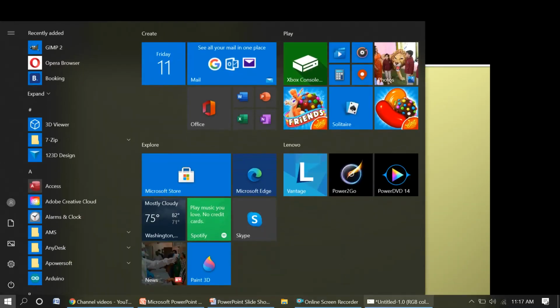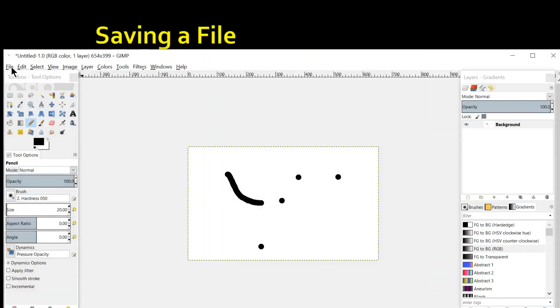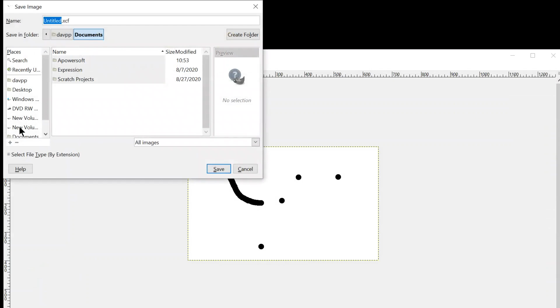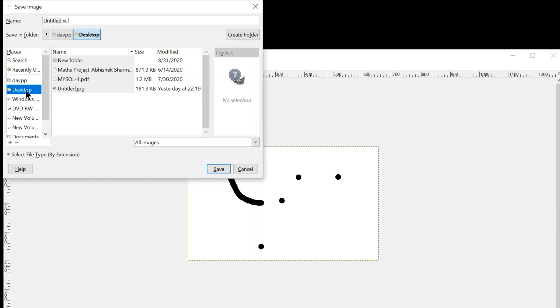Now next one is saving a file. How you can save a file? Let's see. For saving a file, click on file menu. Again you will see here save. Click on save. After clicking on save, go to the desired location where you want to save your file. Then type the name of your file, whatever the name you want to give to your image. Suppose I want to give pic1, right? pic1.